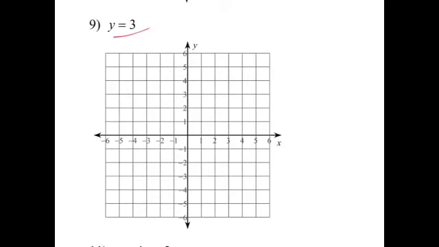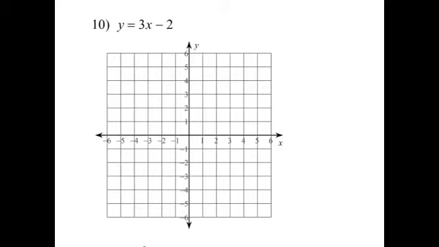If you move over to 9, this one says y equals 3. Well, we've already done one a lot like that. You're just going to have a horizontal line there, right on 3, because it doesn't matter what x value you pick, the y value is always going to be 3. And if you get to 10,